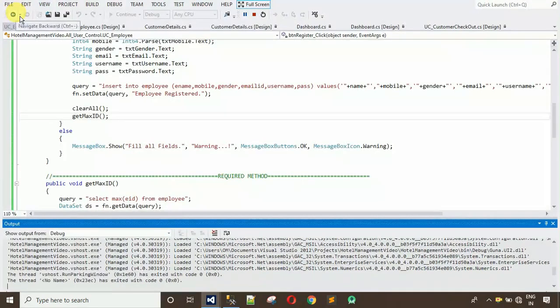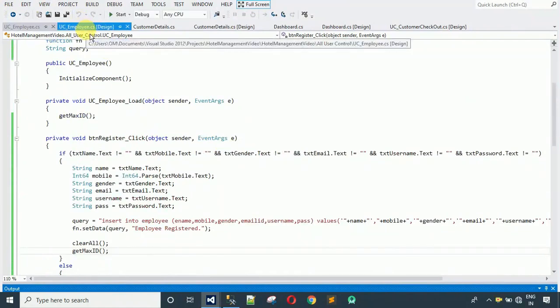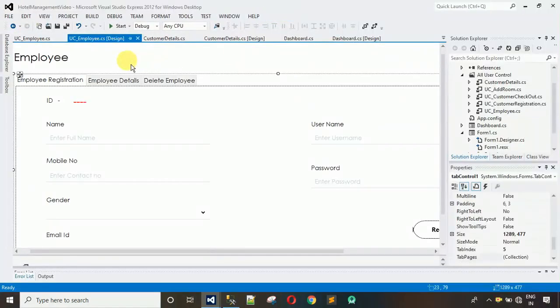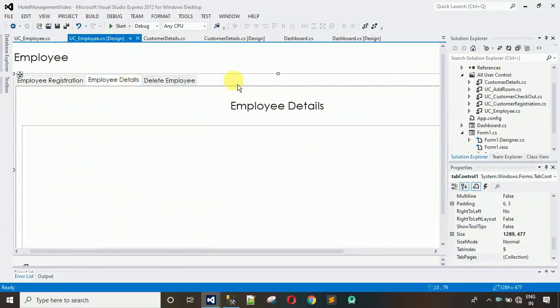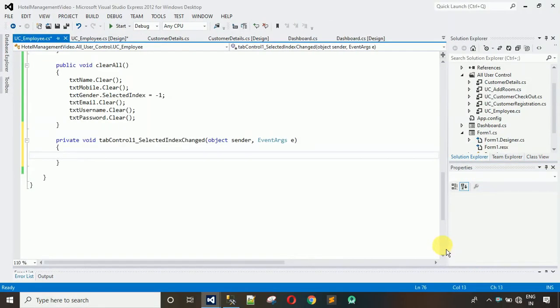So just close this. And what we have to do is tab employee select index change. So we have to code on this one. Just select this. Let me just exit the full screen. Click on this, click on this one. Selected index change. Just double click on this and this will generate a click event for that. And after this, what we have to do is